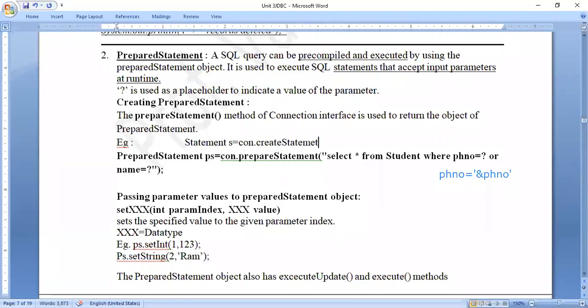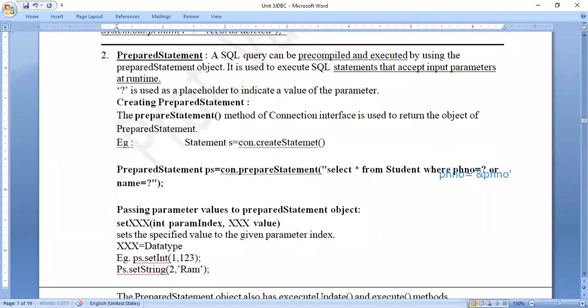But we don't pass any statement here. So the statement object will be blank. It will keep its work pending till I call the method in the next step, when I call s.executeQuery. So till here it is not ready with anything. That is why this statement object does all this work at the last moment. At the time of executing the query, I will see the statement here, and then I will start working on it.